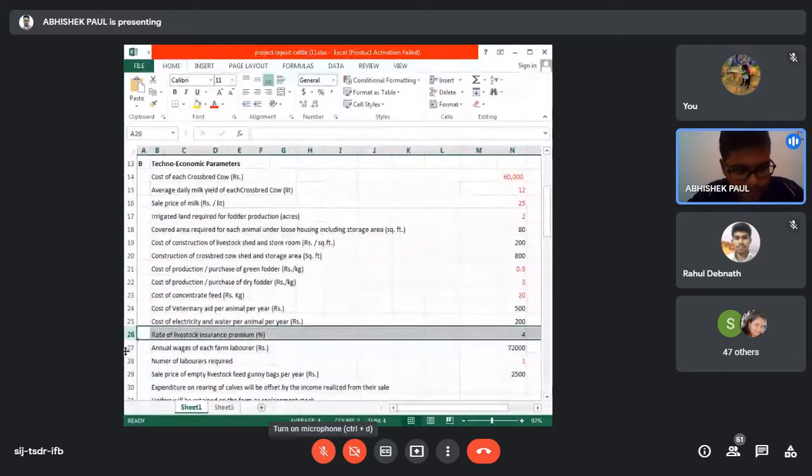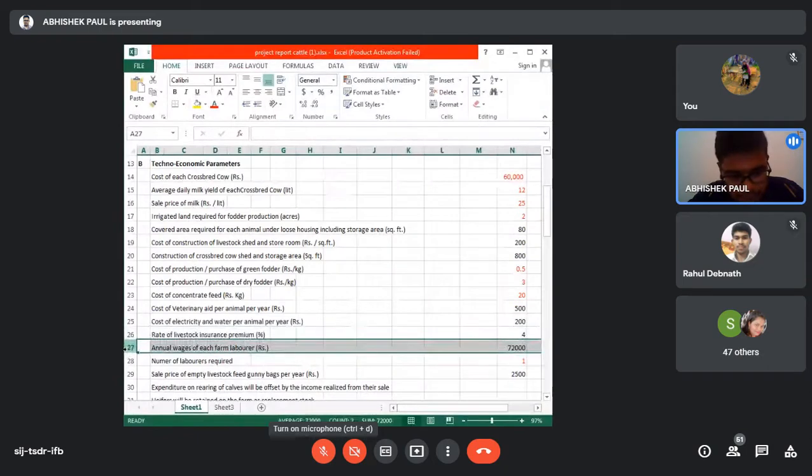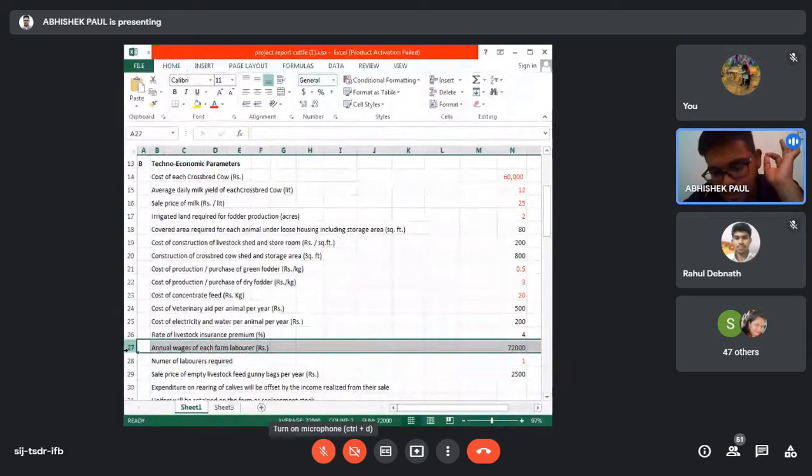Then you see the annual wages of the laborer. We are assuming, just remember, one person is required to take care of 10 lactating cows. One worker is sufficient to take care of 10 dairy cows. So if it is 20, then 2 workers will be required. And here, as per this assumption, we are assuming the labor charge will be